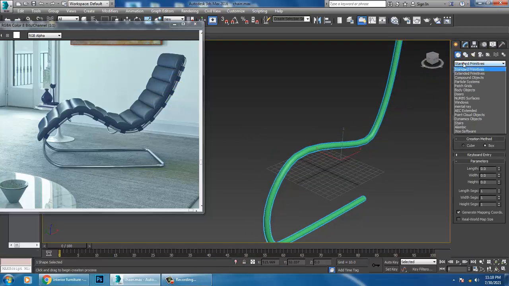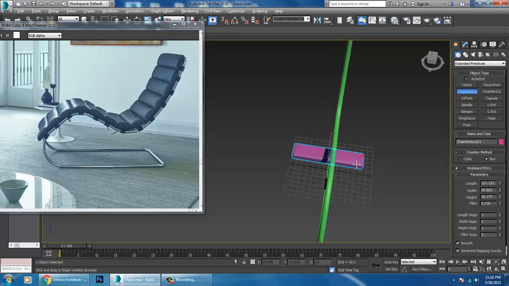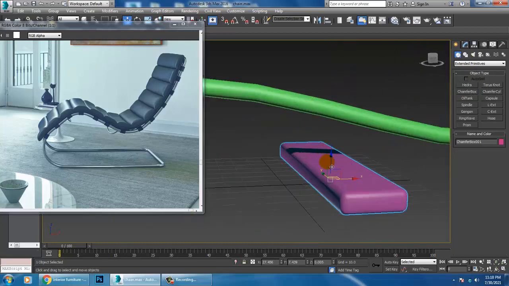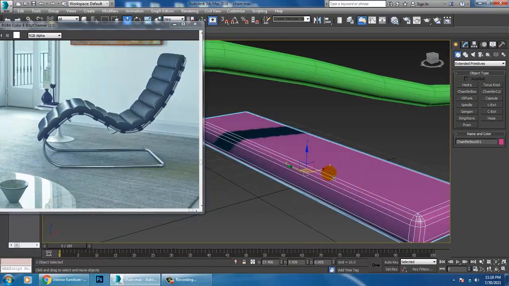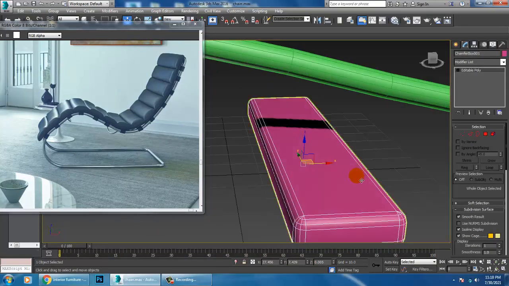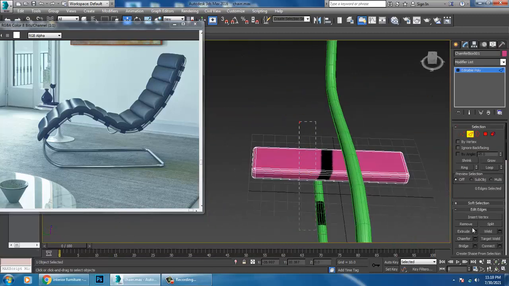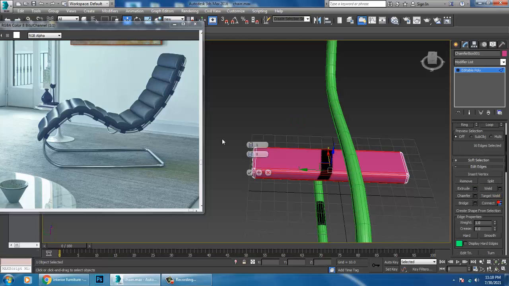So let's take a chamfer box over here in this way. Convert to editable poly, select this, and let's add some connects over here.